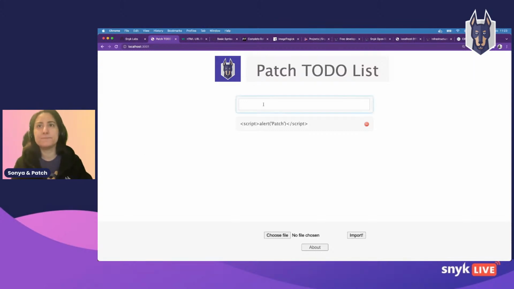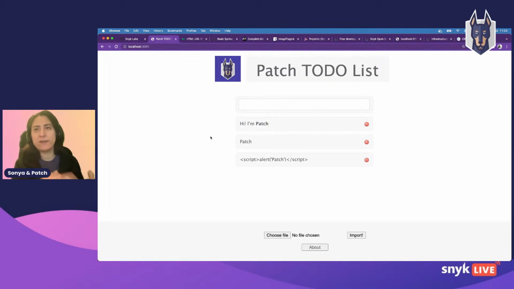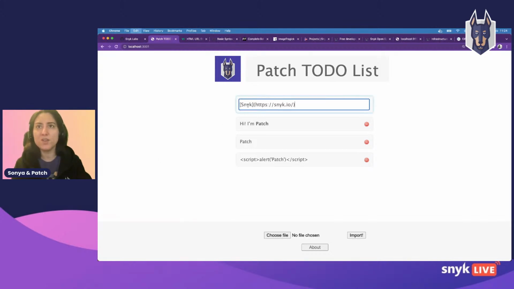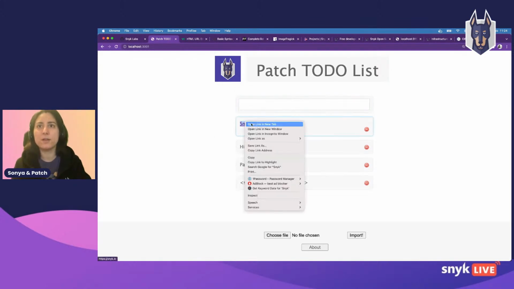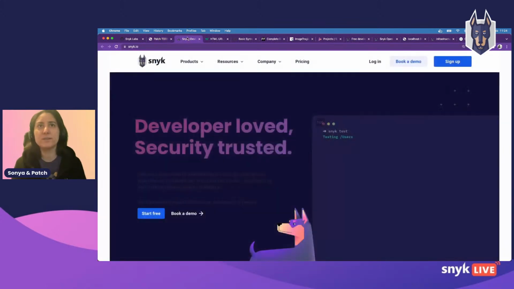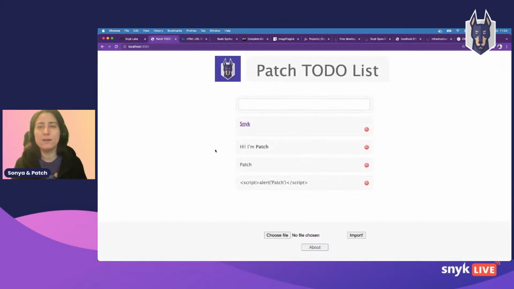Okay, that's cool. Now let's try different things. So at first, let's see what I can do with this to-do list. So okay, I can do just normal to-do items. Let's try with Markdown. So yeah, Markdown is working here because we've actually implemented this feature by implementing a package, which is the mark package that I was mentioning earlier. What is cool with this is you can use the Markdown language here now to prettify your text, but also to use some features like links. So if I right click here, I'm redirected to the Snyk website. So this is working. Okay.